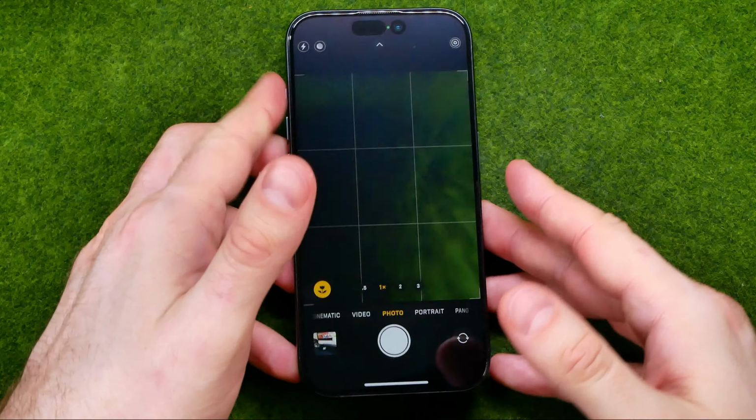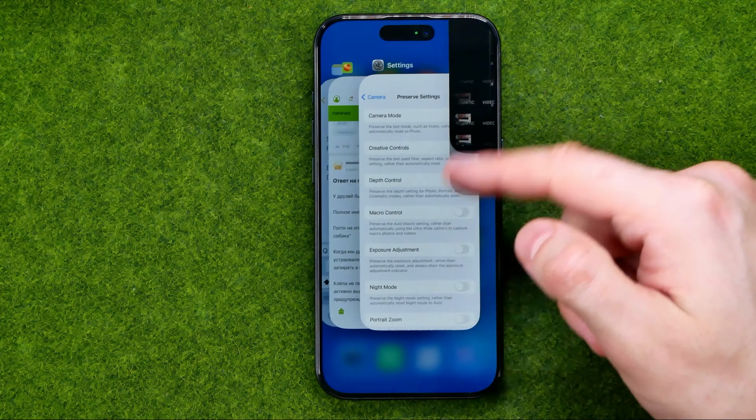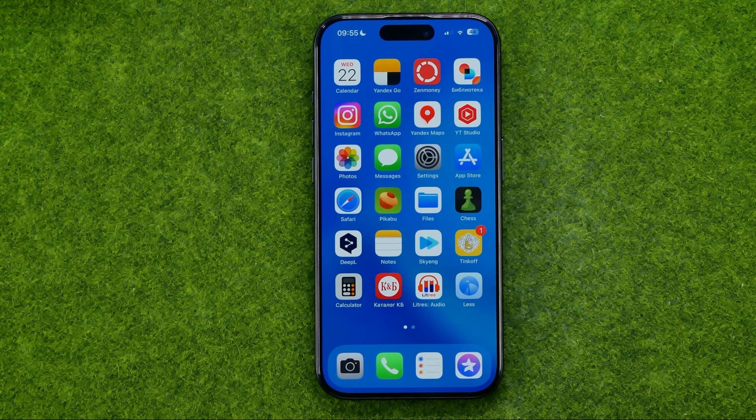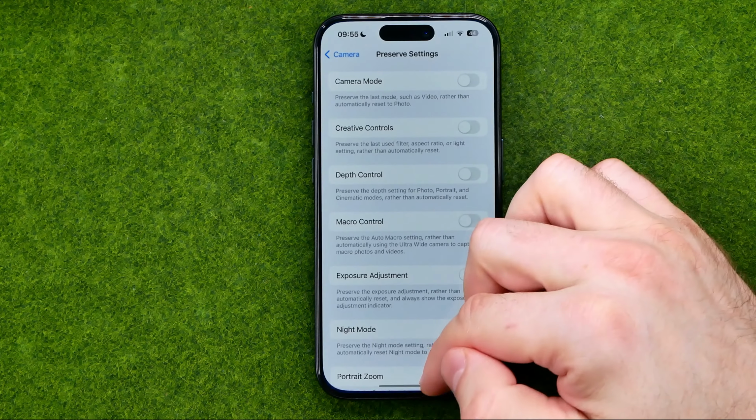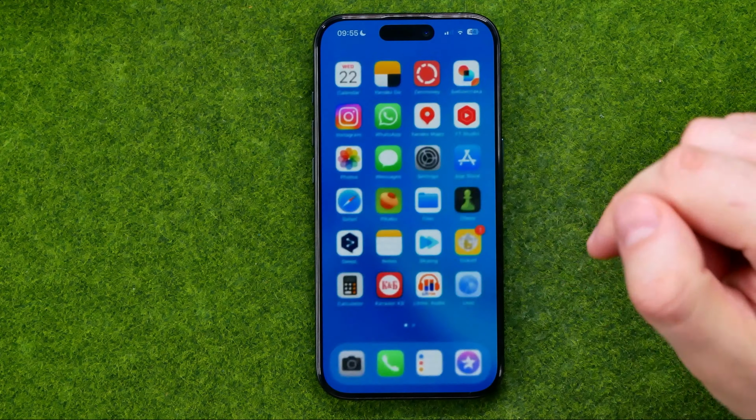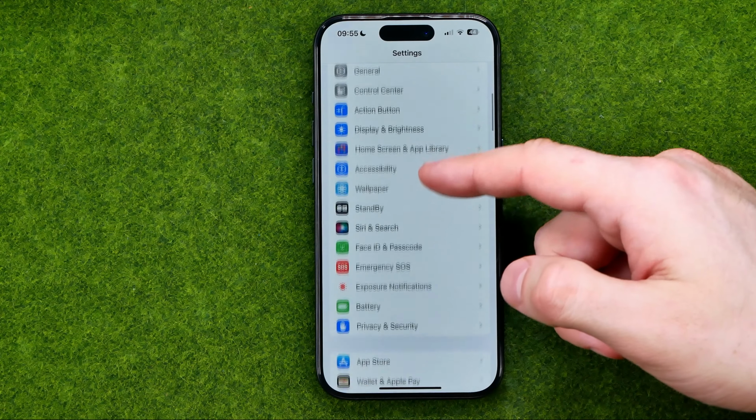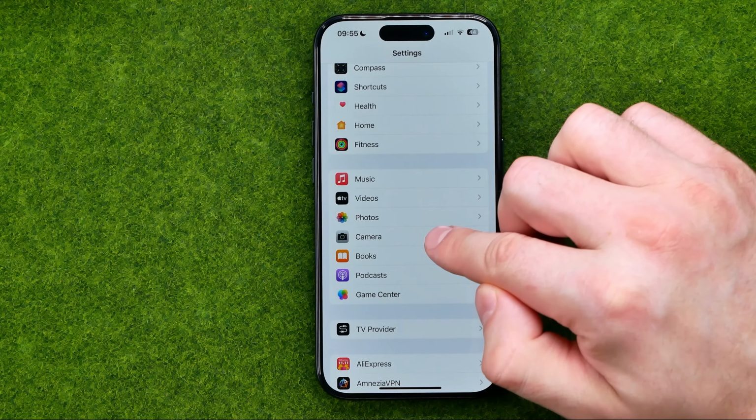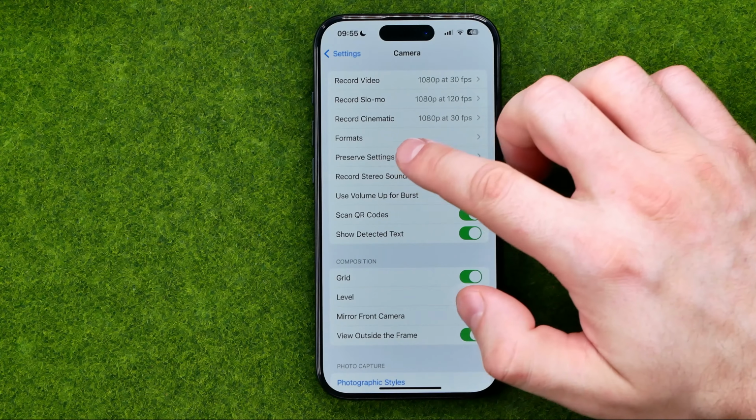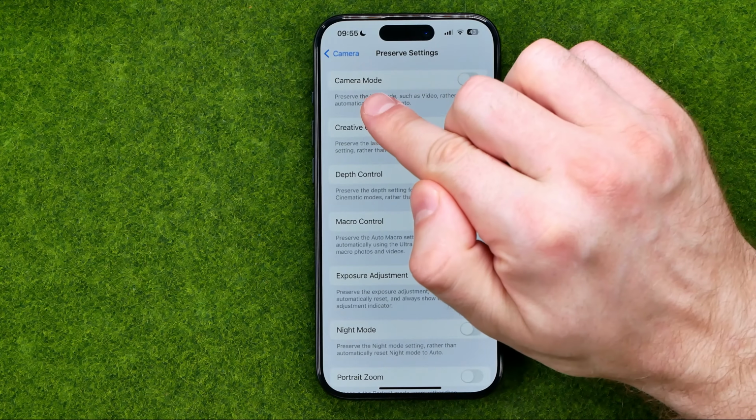Also, guys, there is one cool feature in the camera settings on an iPhone that allows us to automatically switch to photo mode on the camera when we open up the app. To configure that setting, we need to head over to the settings of our device, then scroll down and get into camera settings, then preserve settings, and then towards the very top of the screen you can easily find that